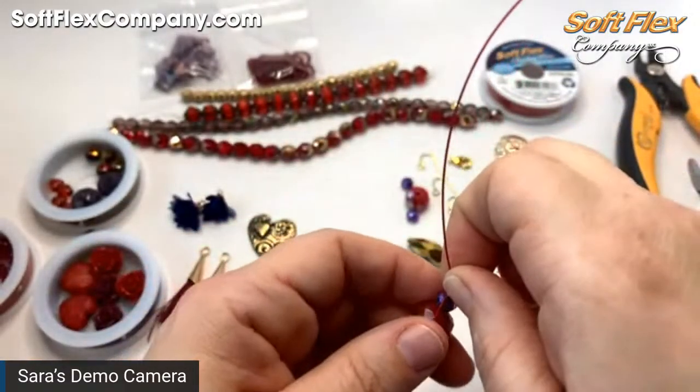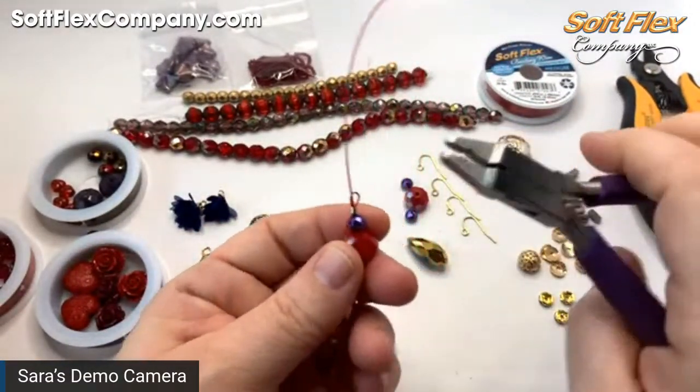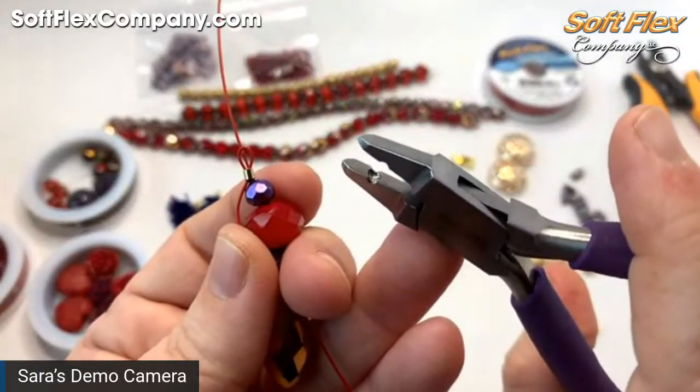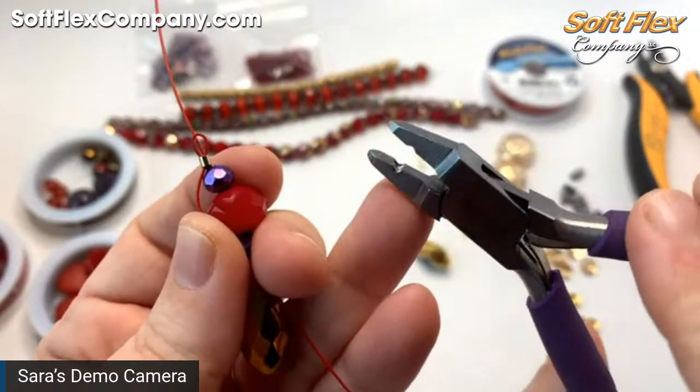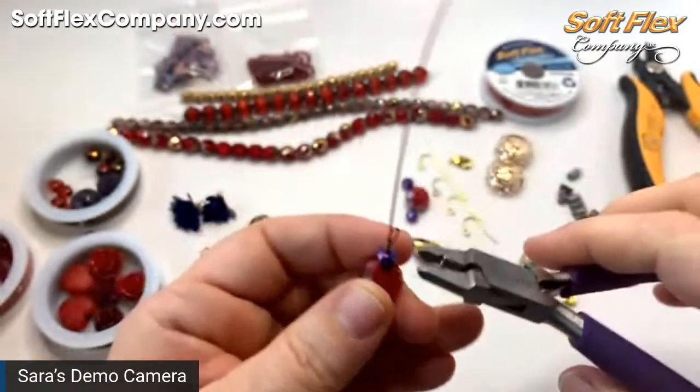And then I'm going to come in with my magical crimping pliers that have this little divot on each side that is identical. And I'm going to